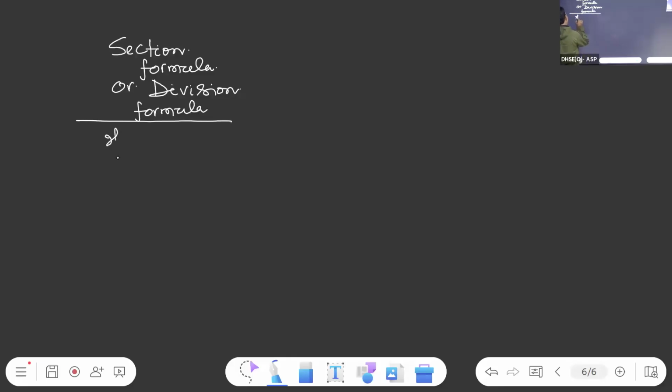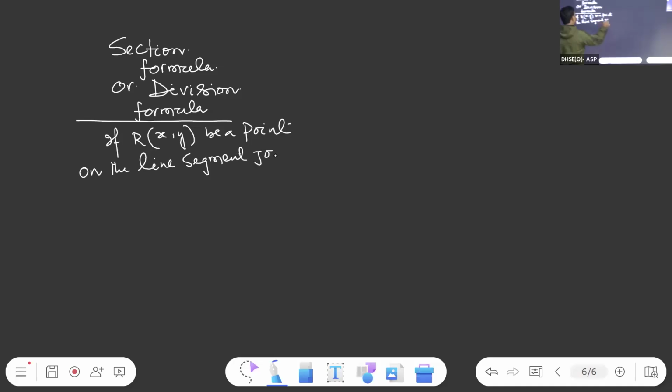If R (x, y) be a point on the line segment joining P (x1, y1) and Q (x2, y2)